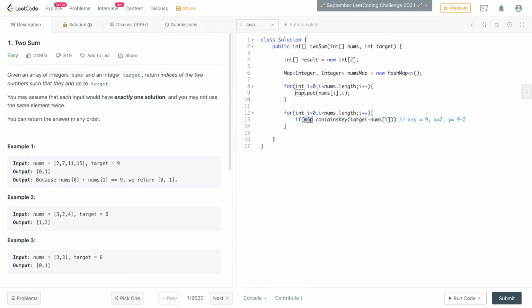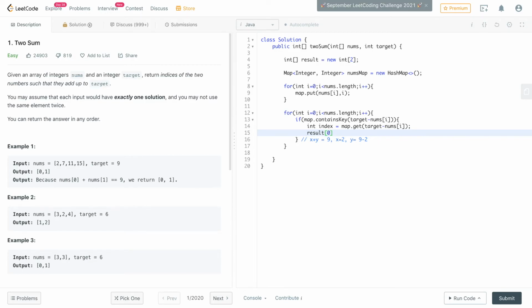So we are checking if the difference is already there in the map, because we already have the in-memory information about the nums. So if it exists, that means we have the num already present in our map. So what we can do is we can just get the index of that element, that is target nums.I, and we have the result array.